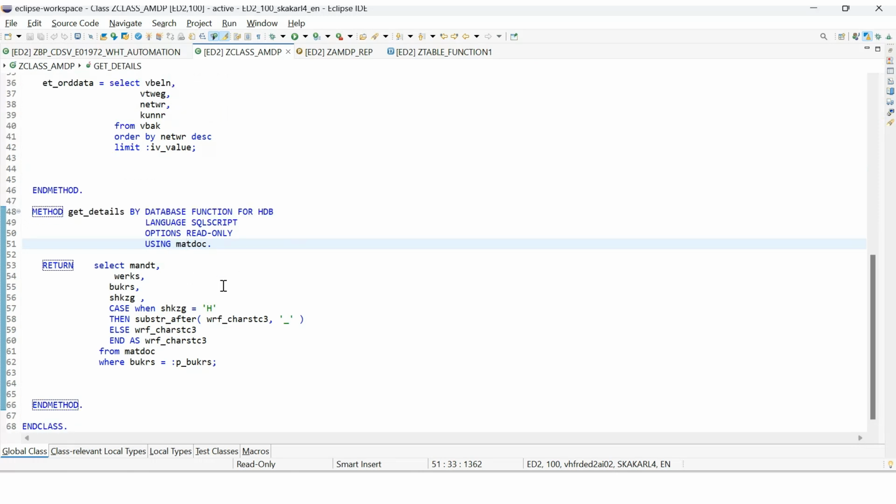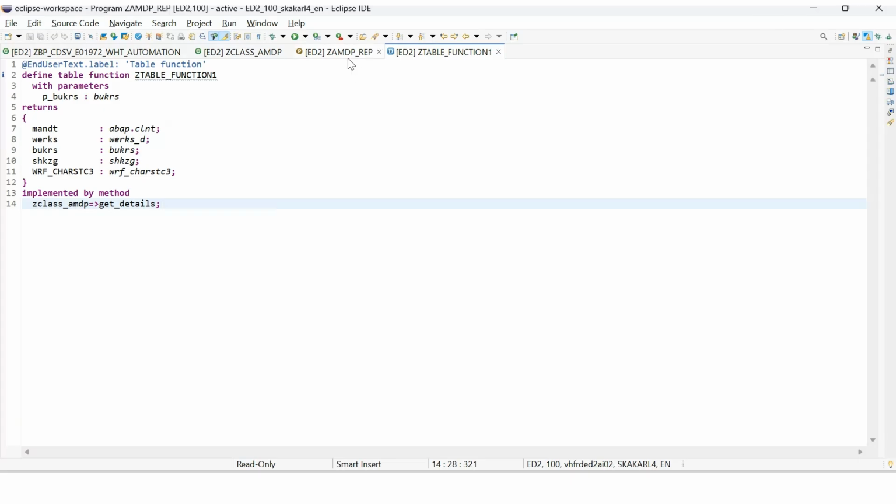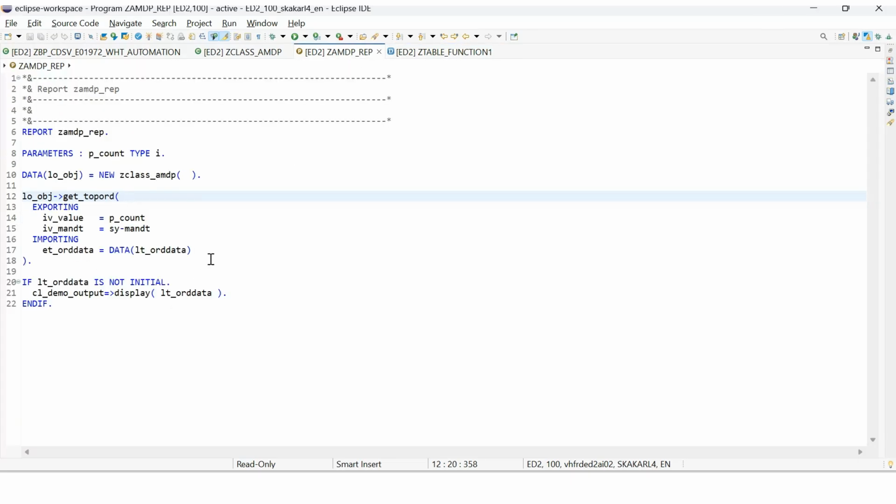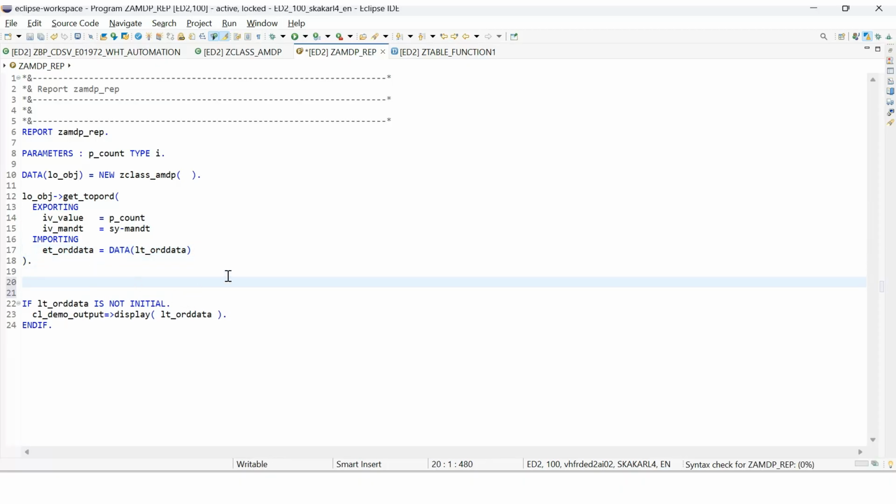This is about the table function. We can consume the table function in a report. Let us see how we can consume the table function in a report. So this is the report program we have already created. Since it is a static method, we can access it by using the class and by object also. If I just do Control Space,